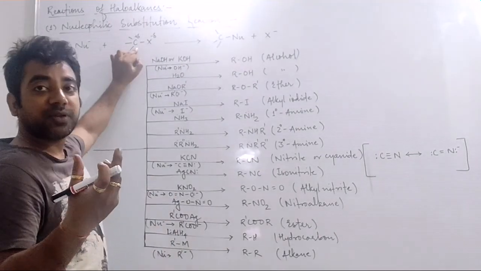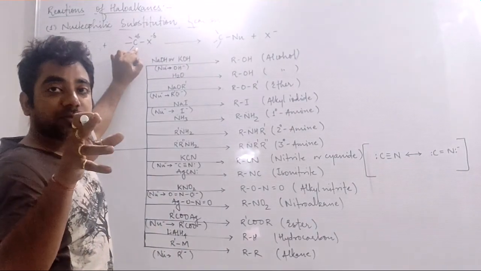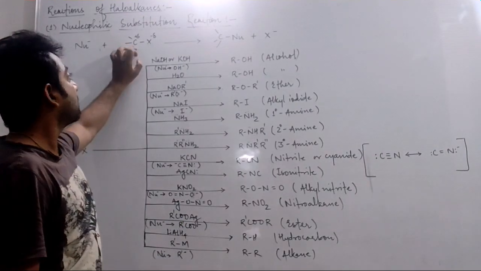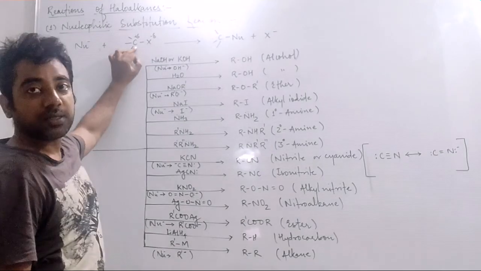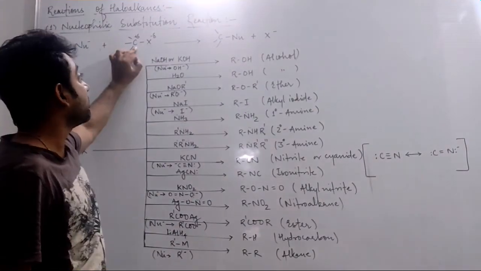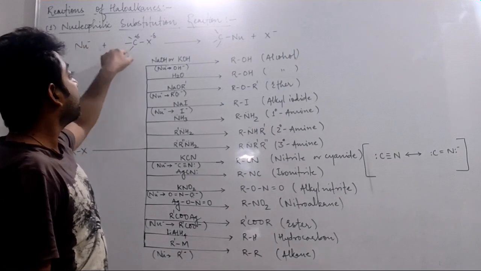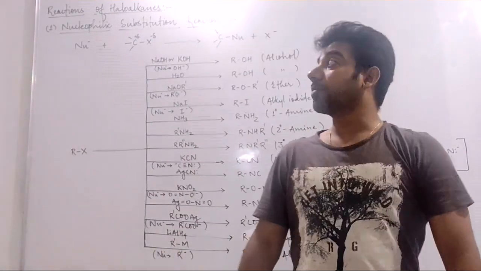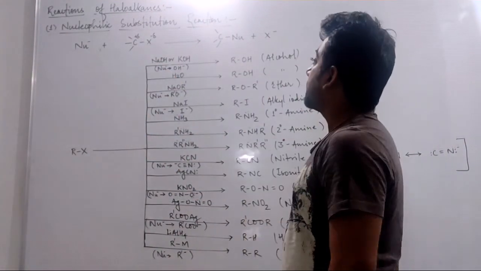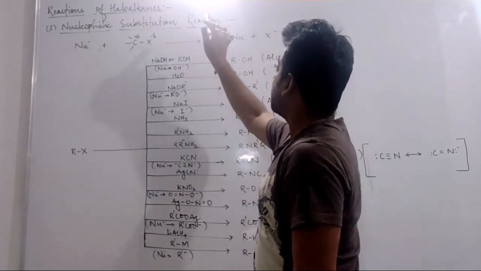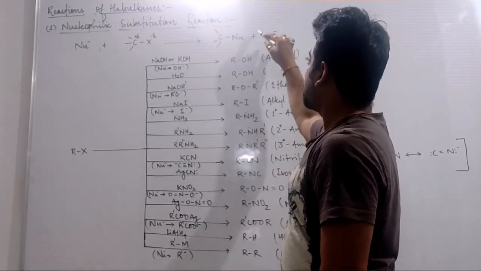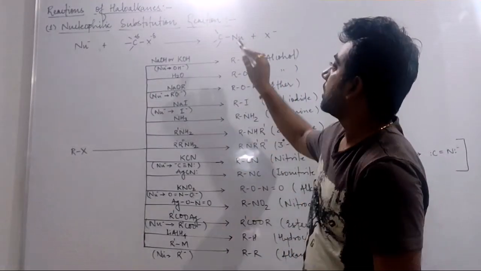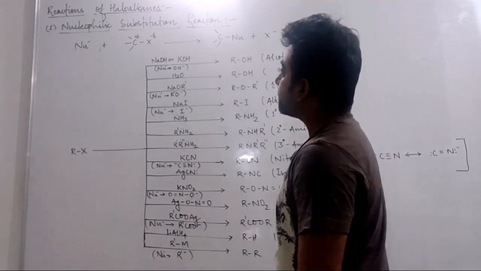न्यूक्लियोफाइल क्या होता है? Nucleophile is one which is capable of giving its electrons, जो अपने electron pair दे सकता है, देगा nucleophiles, and this carbon is partially positive charged, that means यहां electron की deficiency है, so this nucleophile will give electrons to the partially positive charged carbon of haloalkane, and this halogen will leave. So this is the leaving group, halogen becomes the leaving group, it is left as halide ion, and the nucleophile gets bonded to